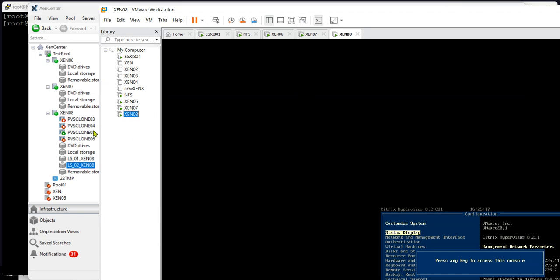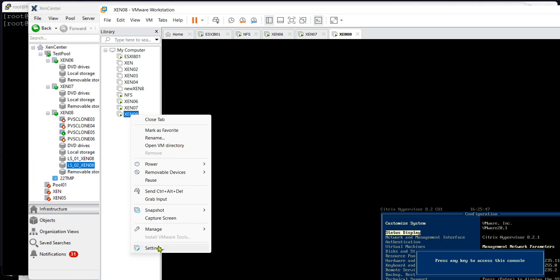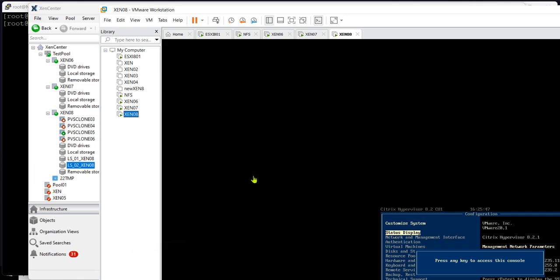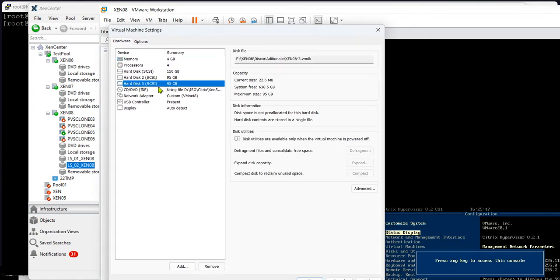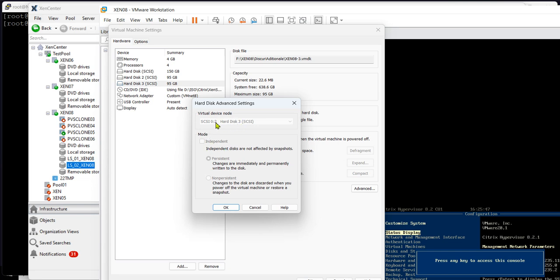I have here, everything is virtualized here, and I have my Xen host, and I just need to edit the settings, and I need to delete one disk. But first, let me see its position. So I'm looking here. So this is somehow the physical bay where the drive is, and I need to check this because